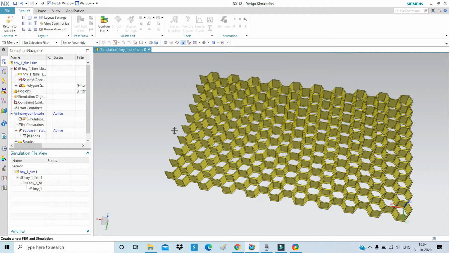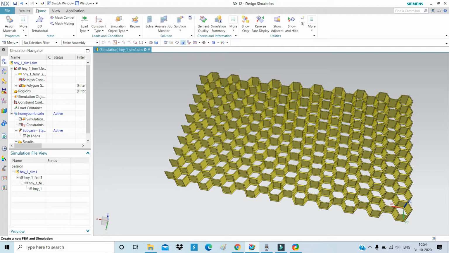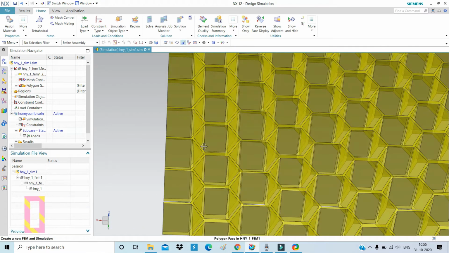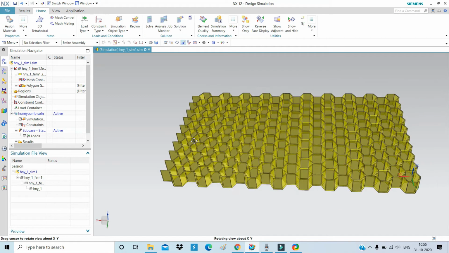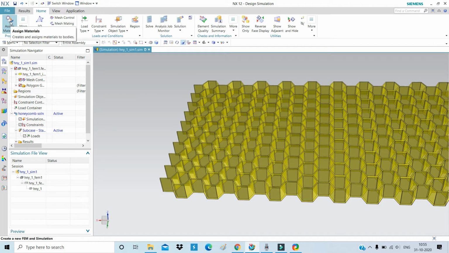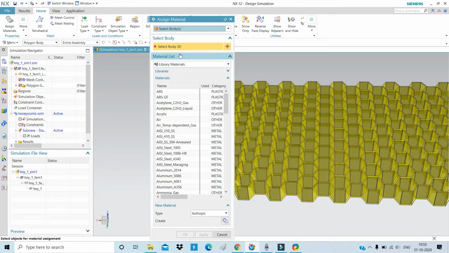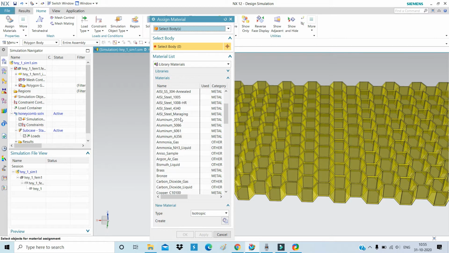So we have to go to Home for this. After this we first have to assign a material to this honeycomb structure. For this we go to Assign Material and click on this. You can see the library of materials already here, or otherwise you can create any material by entering its properties.